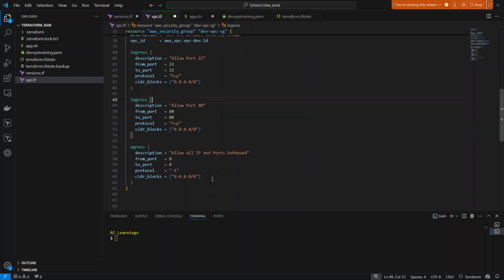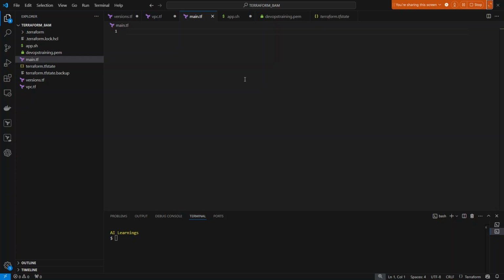And egress, you have to write this rule, which is outbound. All my resources have been written in Terraform syntax. Now I want to create an EC2 instance. This is my vpc.tf file, so I would like to create one more, which is main.tf, because this is my main resource, right? In this main resource, I would like to